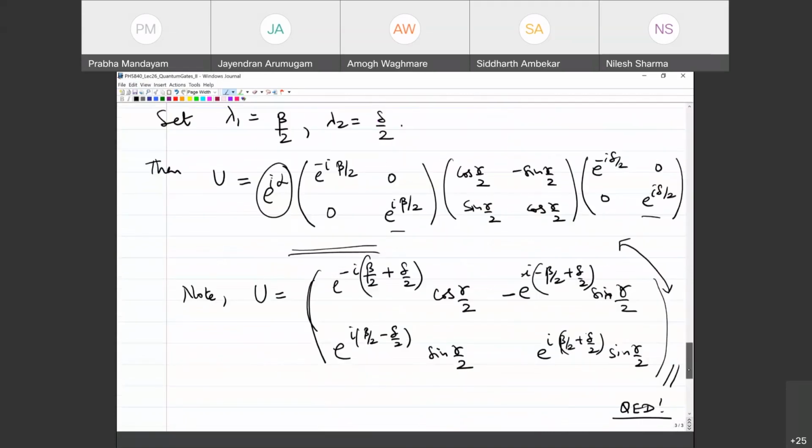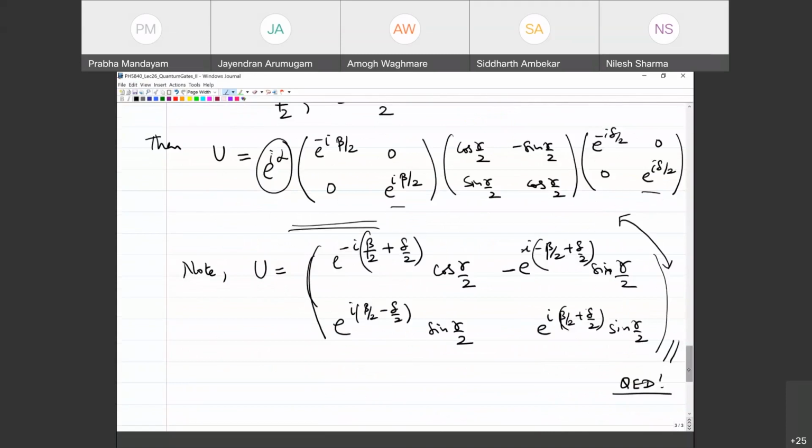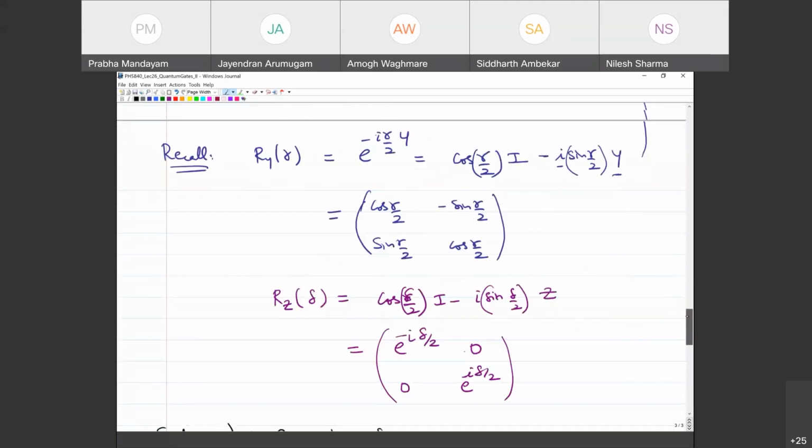You just have to see for yourself that the beta by 2 part comes from multiplying with a diagonal matrix on this side, which simply has phases plus minus i beta by 2, and the delta by 2 phase comes from multiplying on the other side with another diagonal matrix with phases plus minus delta by 2. Okay, and now you also understand why I parameterize the matrix in this very weird way